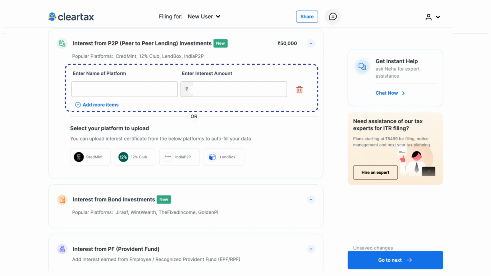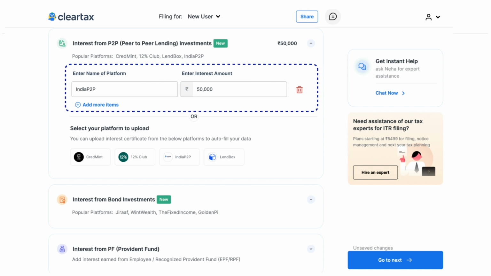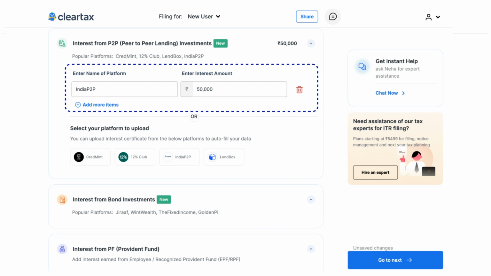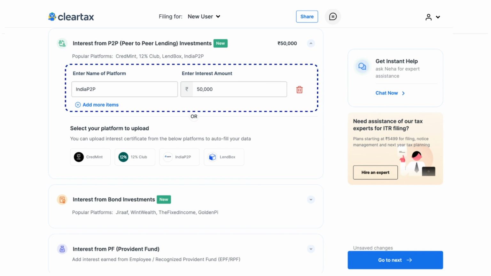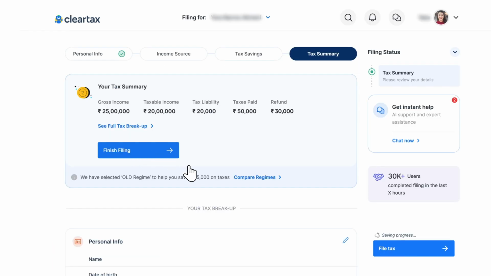The second option is through manual data entry. Here, you can simply enter the name of the platform and the total interest income earned during the last financial year. If you're filing taxes for assessment year 2024-25, then you need to declare your earnings from April 1st, 2023 to March 31st, 2024. After this, you can click on the Go to Next button and continue with completing your